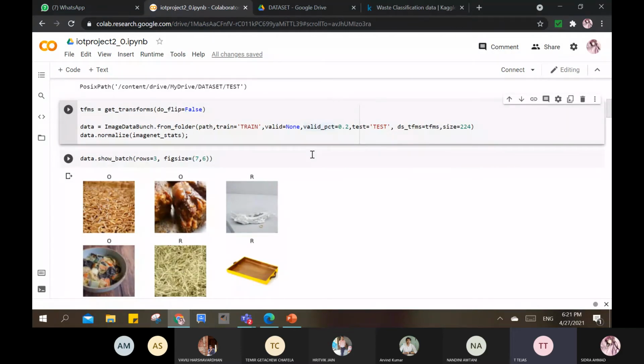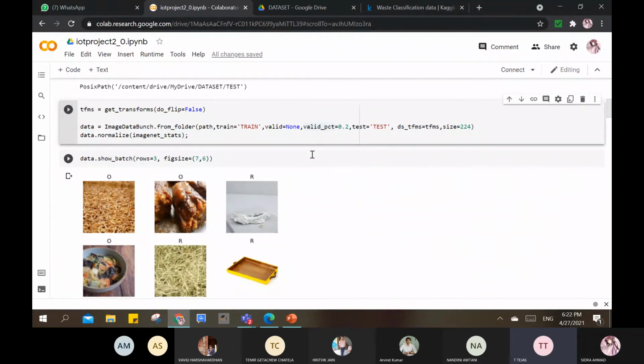It has a set of default parameters that it sets on its own, like brightness, contrast, or the color format used like RGB or grayscale and all that. So it does that on its own. And do_flip is basically whether it flips the image randomly or not, because sometimes an image may be flipped vertically to correct all that.